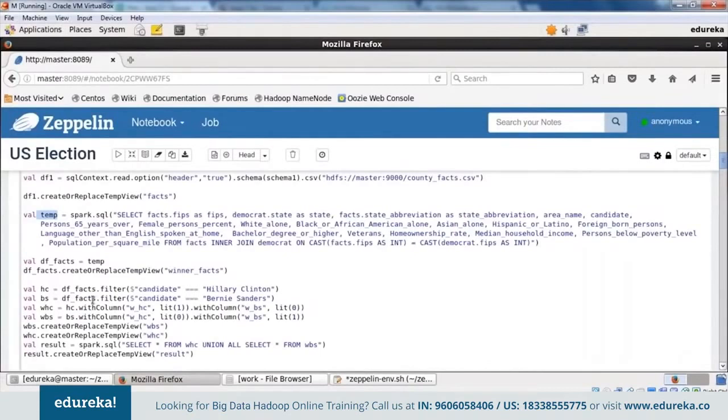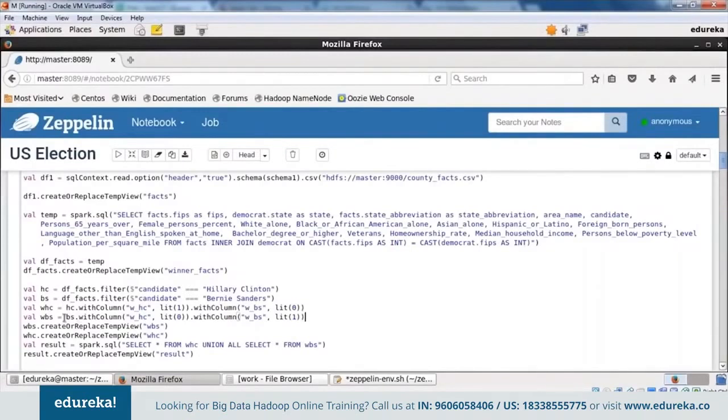All right? So now what I'm doing again is dividing the Hillary Clinton data and the Bernie Sanders data so that we can analyze only why Hillary Clinton won or why Bernie Sanders won in some particular counties. So we are planning to filter the same way we divided Democrat and Republican data from our initial primary result data set. You know that this is stored in df facts. So we are putting a filter on df facts where candidate is equal to Hillary Clinton. That will be stored in HC, and the data of Bernie Sanders will be stored in BS. After that, we are doing a one-hot encoding.